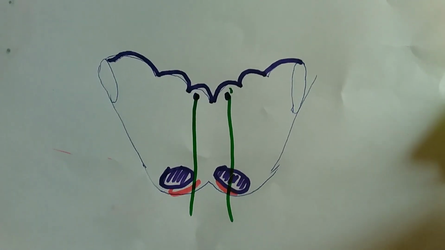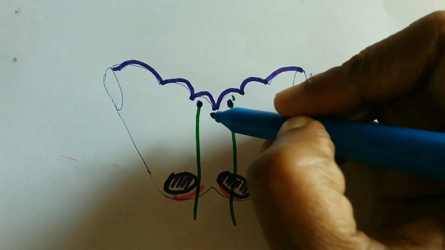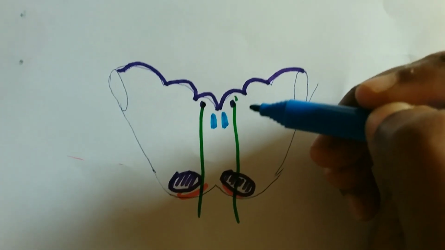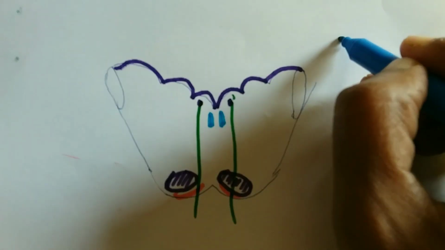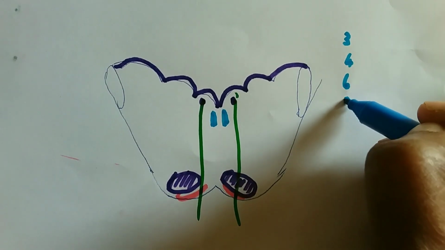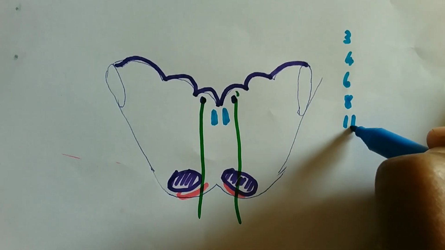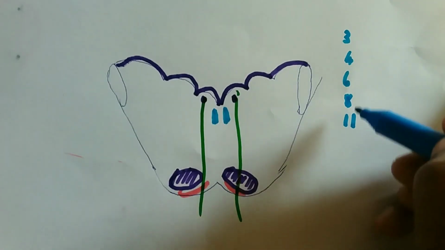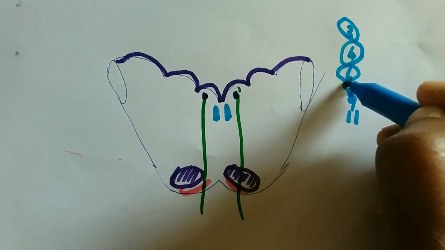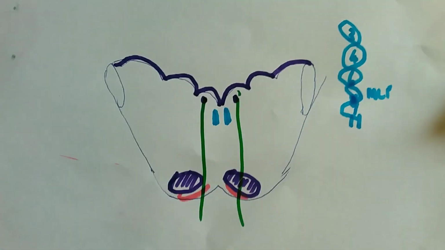And then in the midline we should draw 3 important structures. First, the medial longitudinal fasciculus. If somebody calls you by your name, you will be turning towards that side and your eyeball will be rolling. So third nerve, fourth nerve, sixth nerve, three nerves are for the eyeball movement, and then you are hearing your name, that is 8th nerve, vestibular and cochlear nerve, and then you are turning your head towards that side, that is spinal accessory. So all these nerves are interconnected. That is called the medial longitudinal fasciculus. I have drawn it here.